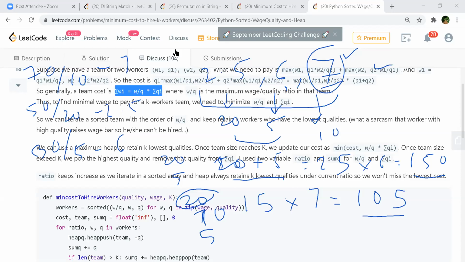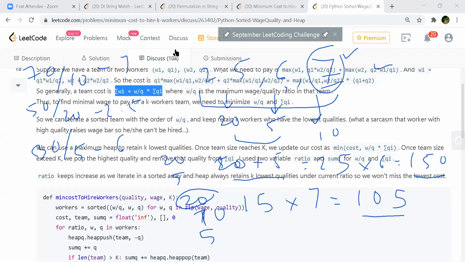Heap is also sorting only, no? Yes, but this will happen in almost n log n, correct? It's not going to be n square log n the way we did it earlier, because we were finding all of them together and sorting every time. But we are also sorting the ratio cost, right? Yes, it would be n log n plus n log k, and n log n only at last. Then only you are able to push that, no? I mean, corresponding 2.5 to 20, 6 to 5, and 7 to 10.